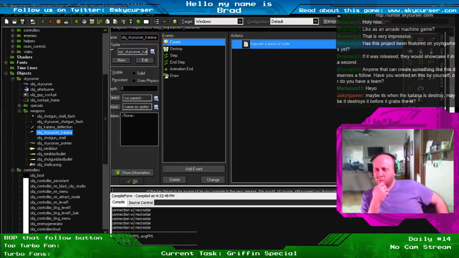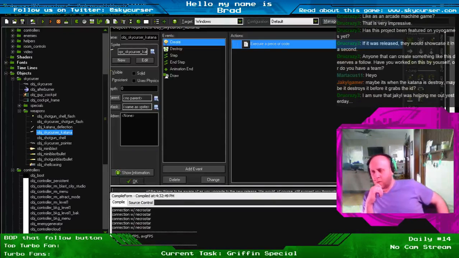Maybe it destroys it before it grabs the ID. Maybe it's when the katana is destroyed. Yeah, that's a possibility. But I would think if it was destroying it before it grabbed the ID, often when that happens, when it can't find the instance of the object, it just errors out. The game just kind of dies and throws an error. So,